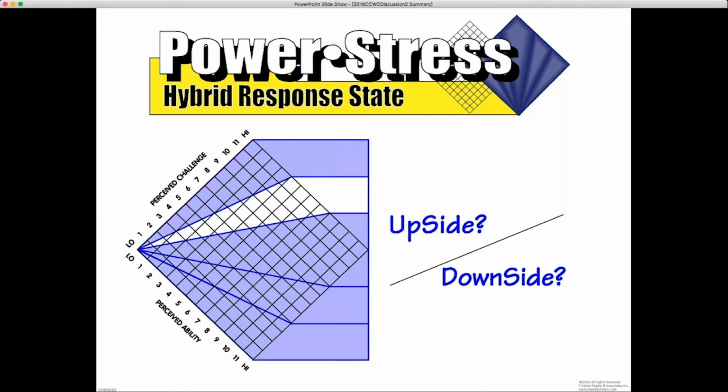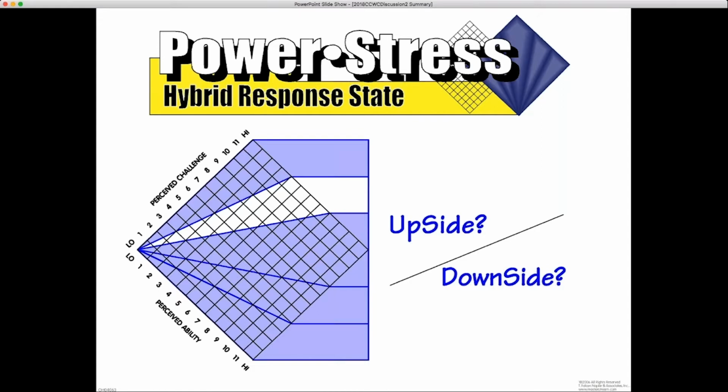Yeah, and so that's really good, Tom. Thank you. I always think of power stress as seizing control. So in stress, we're out of control, and in power stress, we're seizing control. So we're kind of on a mission where we have that nervous energy. And if you look at the change grid, you see that the challenge still is exceeding our level of ability. Not as much as it does in stress, but still enough that these could be puzzles that need to be solved.